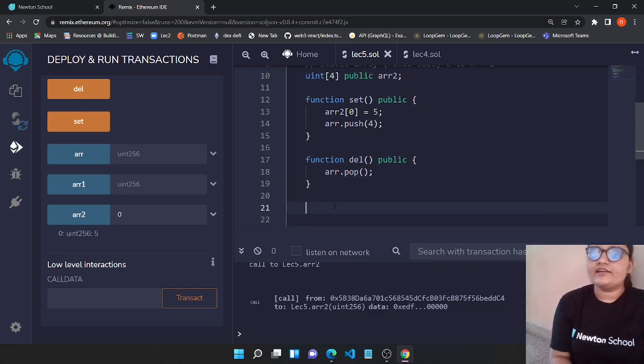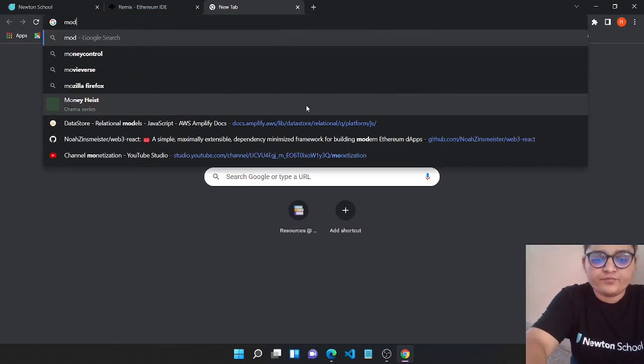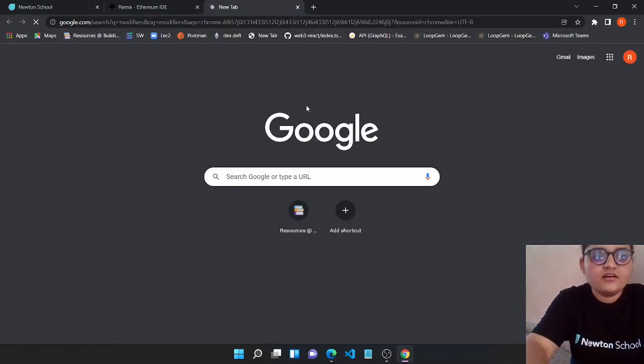In the same way you can create your own particular modifiers, and you can see how you can use that particular modifier to control your function's behavior. So yeah, let's just have modifiers.